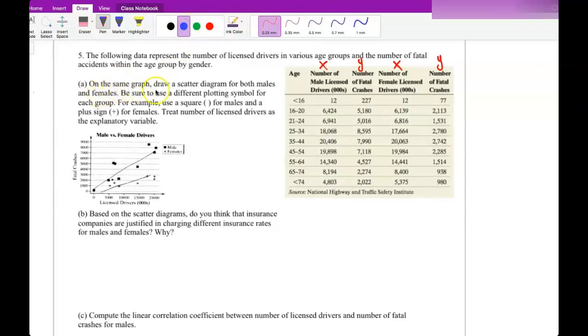Part A, on the same graph, draw a scatter diagram for both males and females. I already have this part here. Be sure to use a different plotting symbol. So here, for males I used this square, and a positive sign for females. So to be able to graph that, the first step is